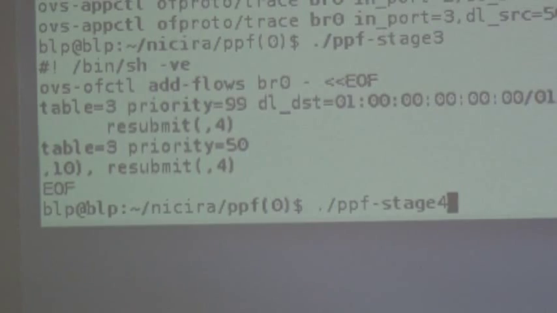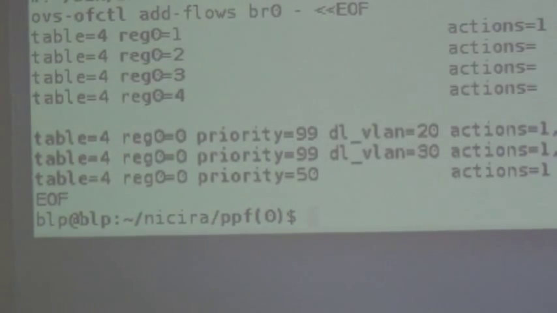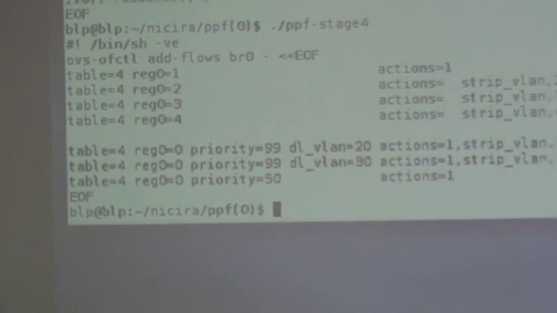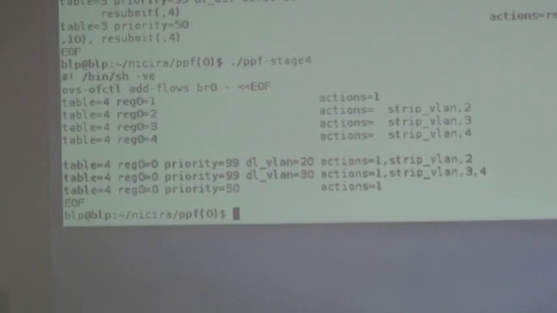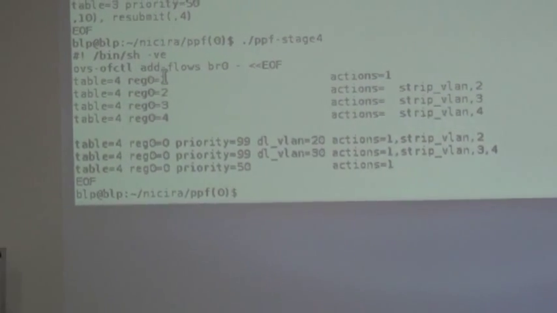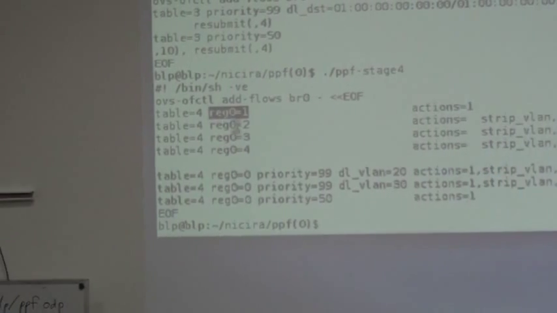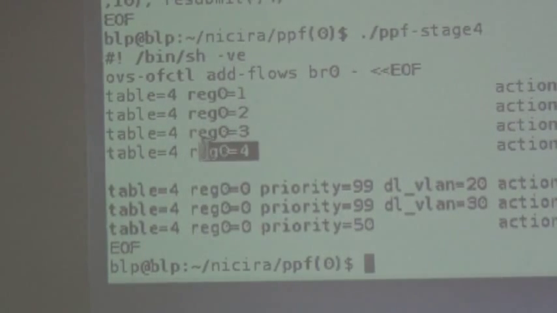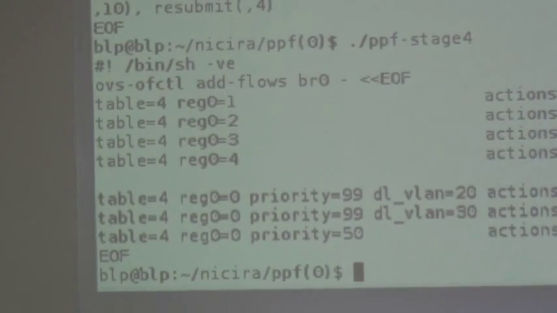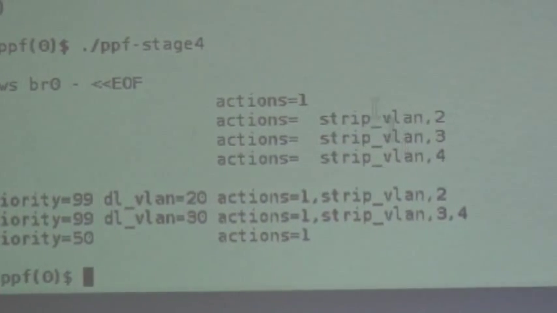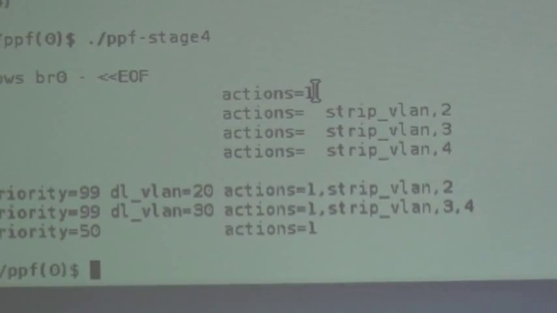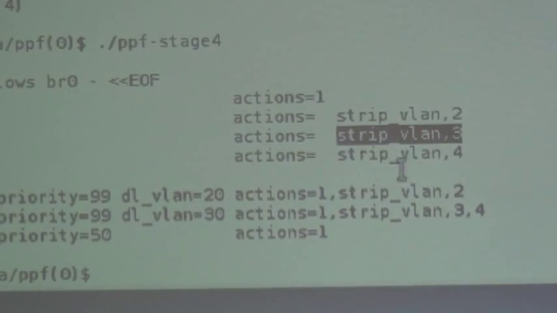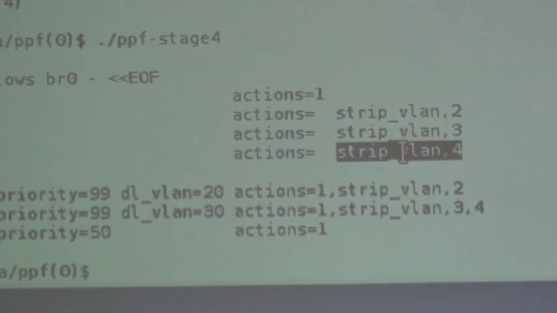Like I said, I'll make this available so you can verify that it works. And here's our final stage where we actually execute, where we actually send it out based on what we learned. So what we're doing here is we're matching based on the learned destination, and then we're sending it out to the proper port. So if our destination is the trunk port, then we send it out with whatever VLAN's already on it. If it's one of the access ports, then we have to strip off the VLAN tag first before